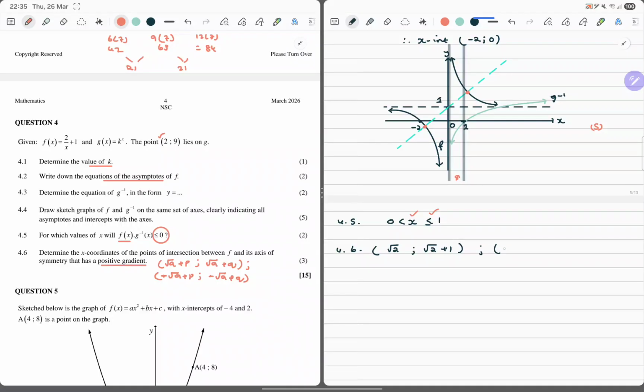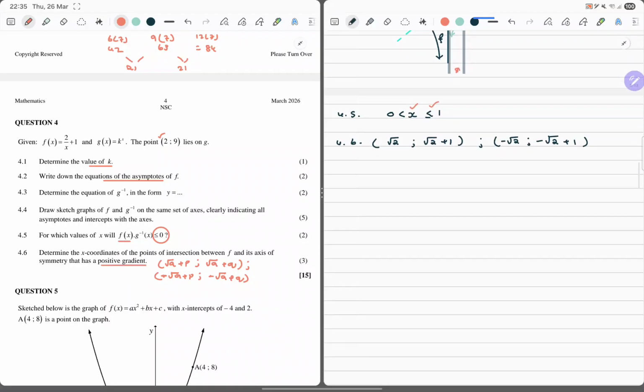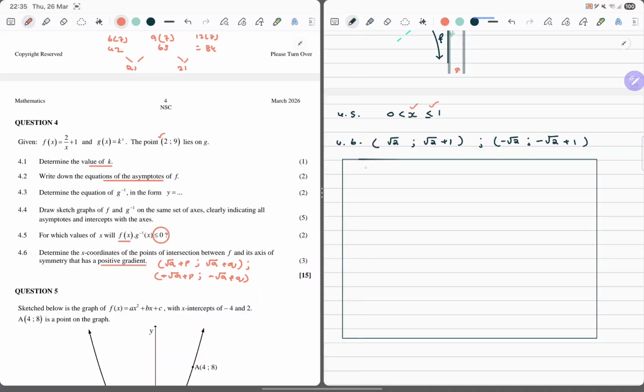And the second one is going to be minus the square root of 2 and minus the square root of 2 plus 1. Okay, so that is essentially what we have. But for those who cherish simultaneous equations, because you've got trust issues or perhaps you were never shown this, you would easily say f of x is equal to